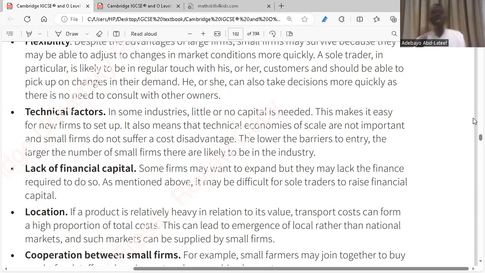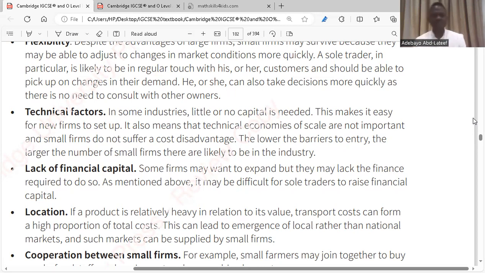industry. So if firms do not need to invest in equipment, in machinery, in technology, then there's a tendency for different firms to come into that industry. What I'm saying is this: if the industry does not need more equipment, investment on machinery, that means people can do their business manually, people can do their business with their own craft. Then that industry would have a lot of small firms in it. Do you get the point or not?